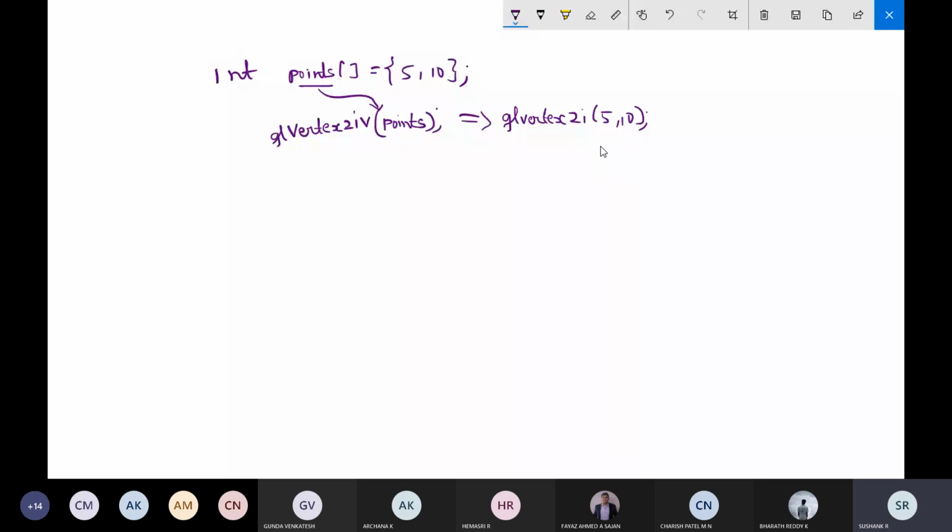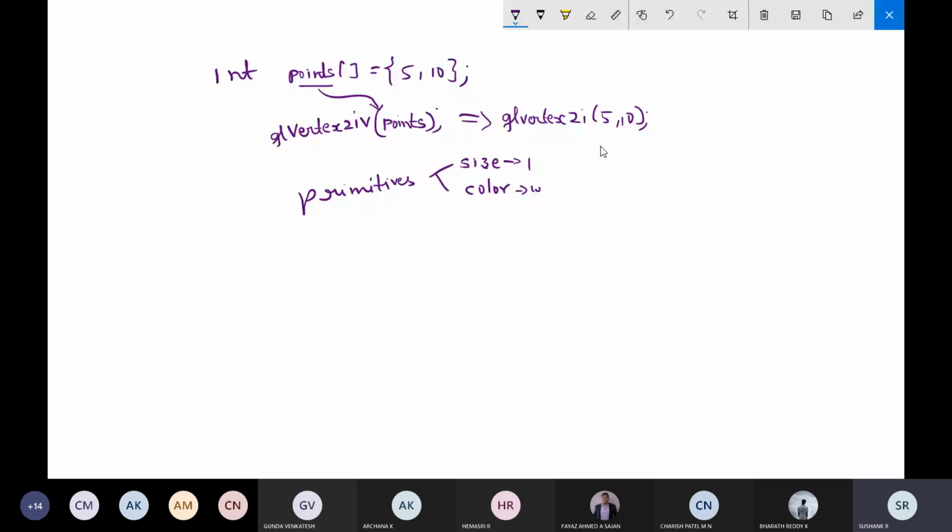So after this, we were talking about the primitives. For these primitives, with respect to the points, we have two things: size and color. By default, the color will be white, and by default, the size will be 1 pixel.